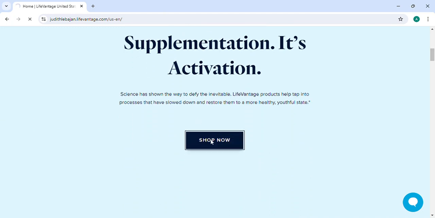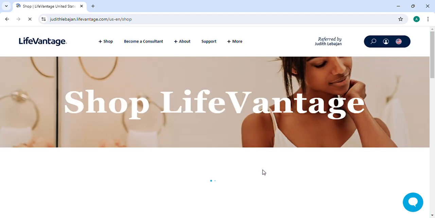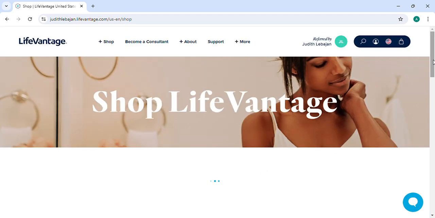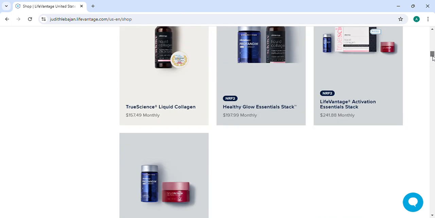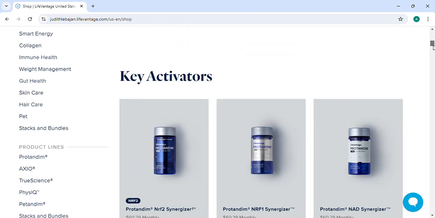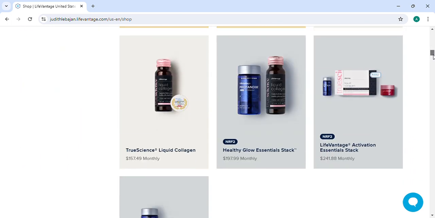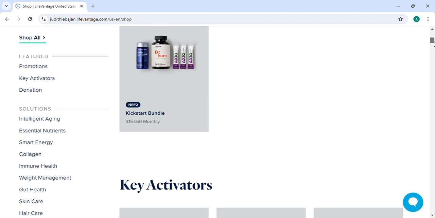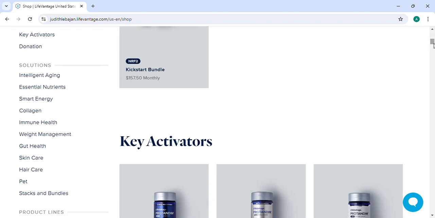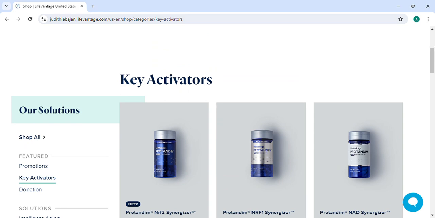Click. Then just look for the product you want to order. For example, we have here the key activators, let's say.